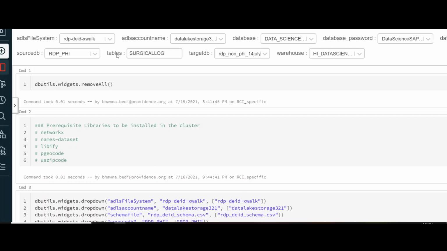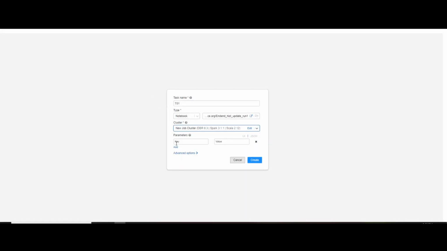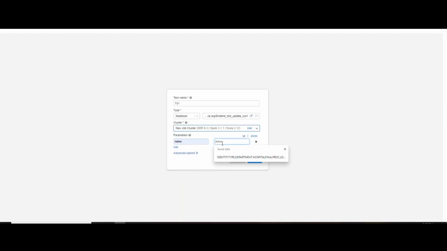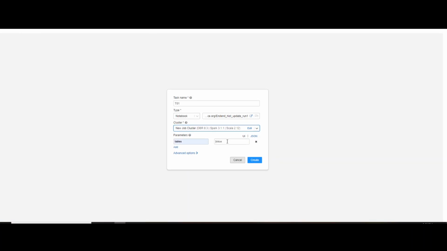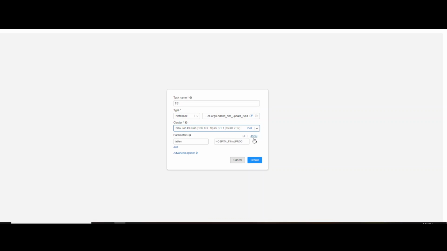So this is the tables, and I'm going to pass the value for the tables as a parameter inside my task over here. So let's click on add. When I say add, I have already provided widgets for the parameter that I want to add. So this is the tables, and I'll quickly add the value for the table. Let's say I want to run my first task for one table. I'll quickly write the value for that table, and then if you click on the JSON over here, you can actually see the JSON for what you have written. You can also write it in the form of a JSON.